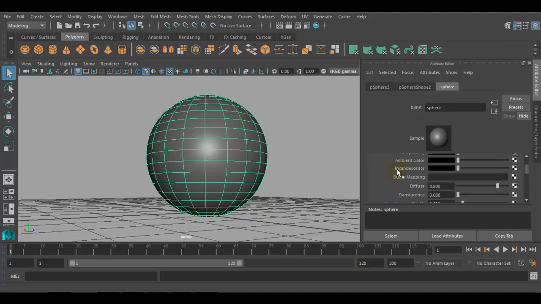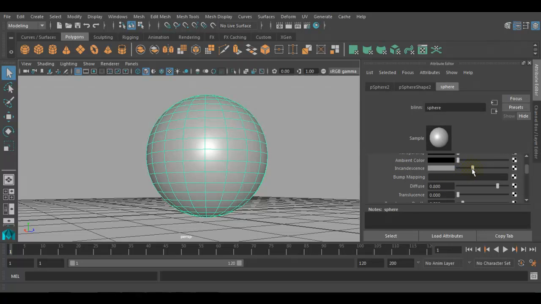Next attribute which we have is incandescence. Incandescence attribute is nothing but the color and brightness of the light that a material appears to be emitting. Means whatever material, color, or light is available in your scene, it will mimic that, like the light rays are coming from that particular surface. For example, you want to create a lamp with a yellow color, or a lamp with white color, and it will mimic like that white color is because of the light inside the lamp. So in incandescence, if I increase this value for white,